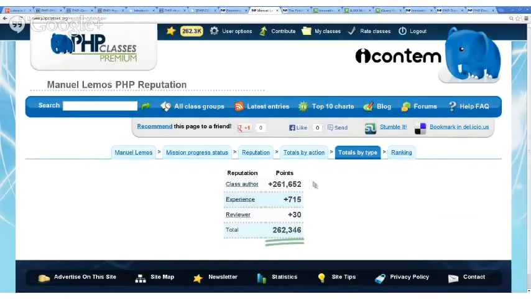For instance, if we go on this page, you can see the types of points that you earned as class author. There is also another type of reputation called experience, which is basically things that you did repeatedly, like coming to the site or doing some other action repeatedly. There is another type of reputation, which is reviewer, which consists of points that you earn for reviewing other people's actions, like rating packages or voting on